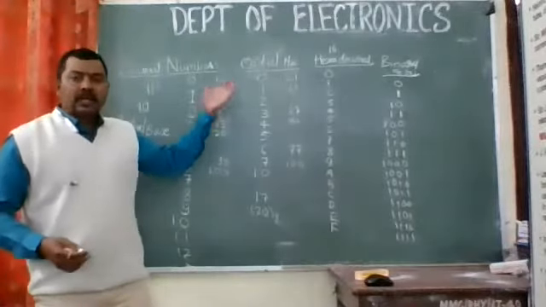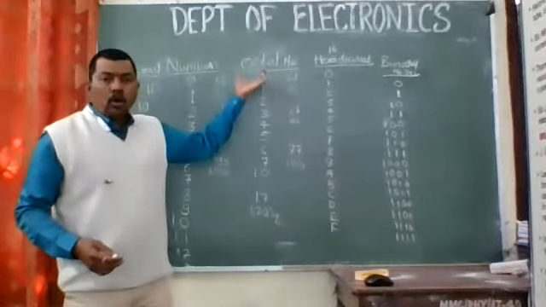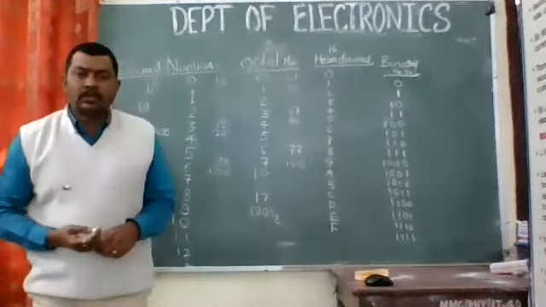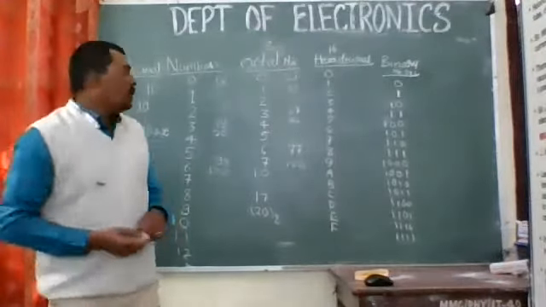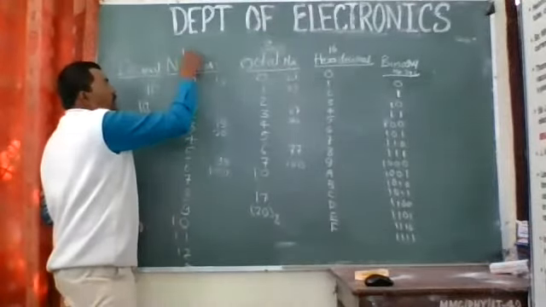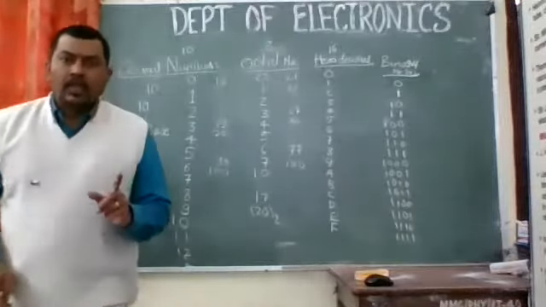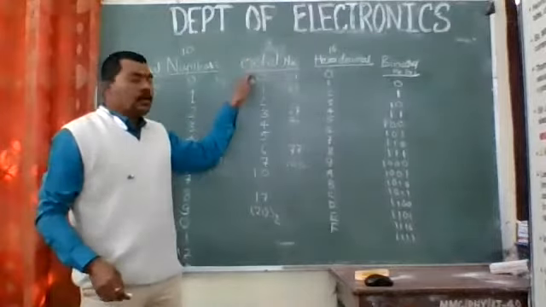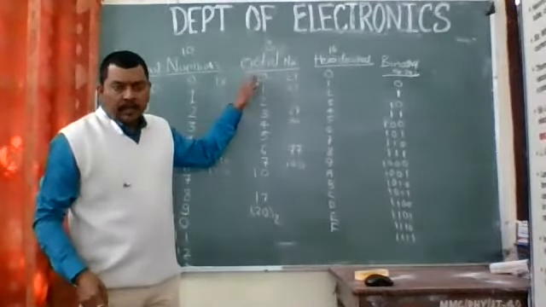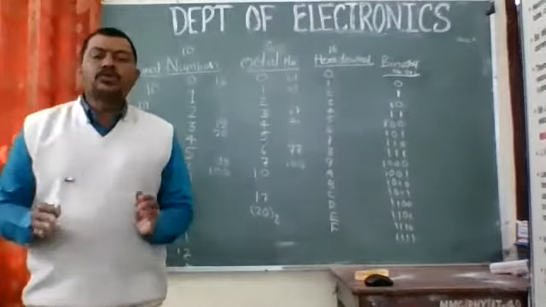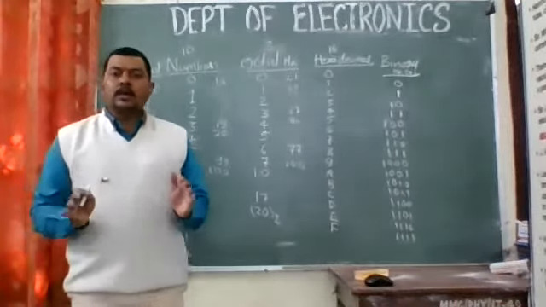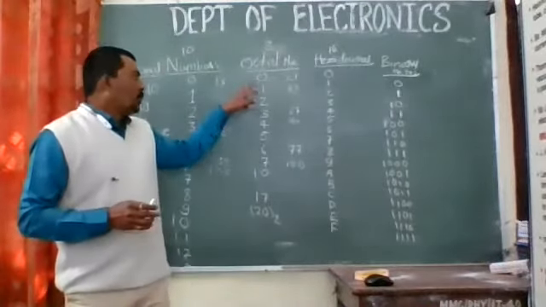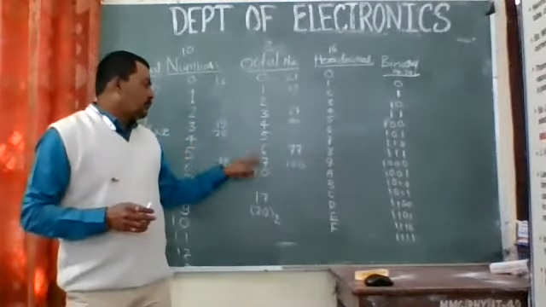So the second number system that we have studied today was the octal number system, and the base of this octal number system is 8, right? The radix or base of a decimal number system is 10. So in the octal number system, we use 8 as the radix or base, right? Which implies that we are going to use only 8 symbols in the octal number system, right? So the 8 symbols consist of 0, 1, 2, 3, 4, 5, 6, and 7.